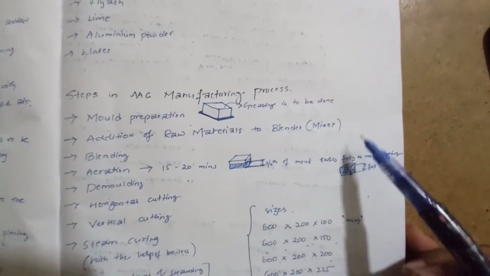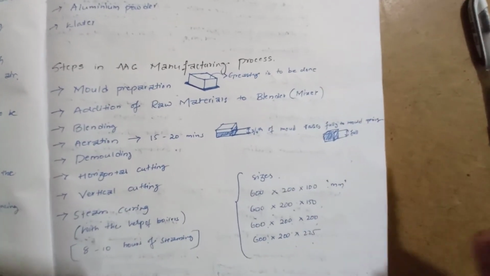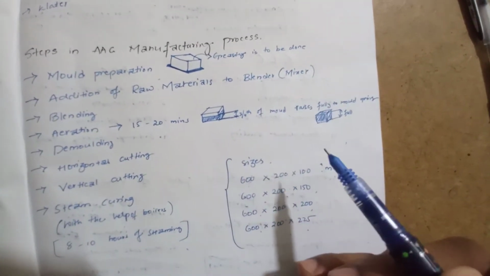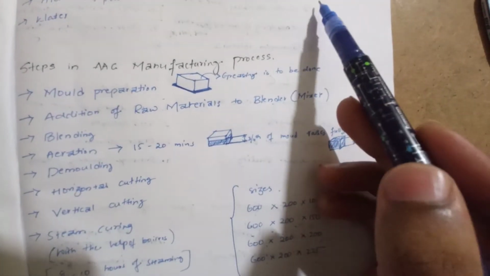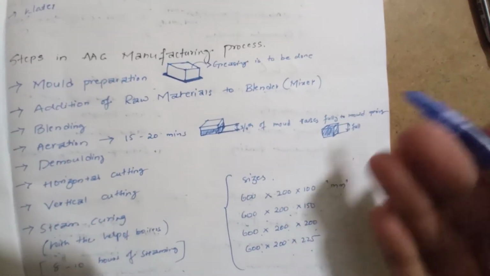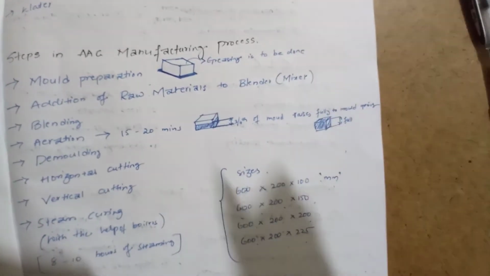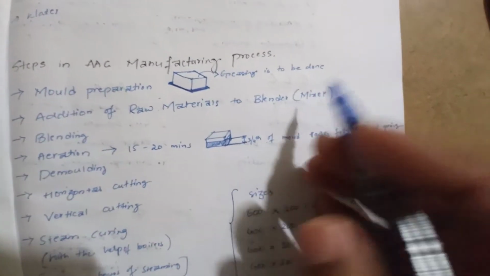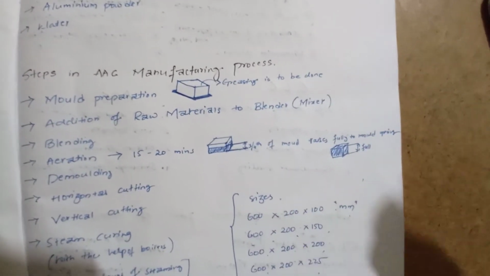So what are the steps in the AAC manufacturing process? First we will be preparing molds for this. So we will be getting molds ready. What actually are these molds? It is similar to baking a cake at home actually. We'll first make a mold of our desired size. Then after preparation of this mold we'll be pouring in the cake batter we'll be preparing. That batter will be poured into the mold and we'll leave it aside for a few minutes. Then we'll be baking it and cutting it into our desired shapes and equal number of parts actually.